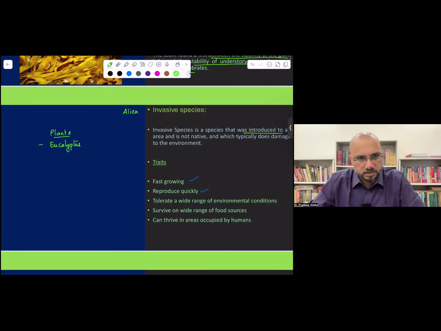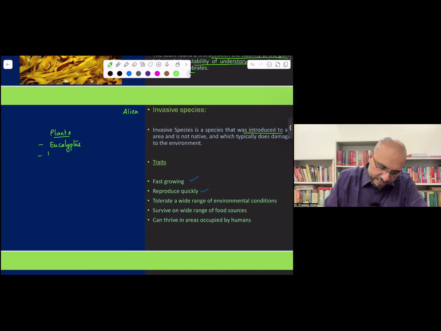Eucalyptus, it is an invasive species. It was introduced from Australia, but now it is damaging the ecology. It draws a lot of water. Okay, eucalyptus. Then lantana camera,